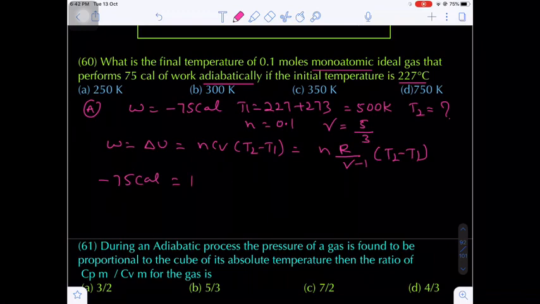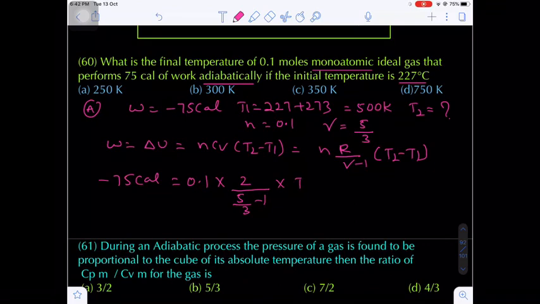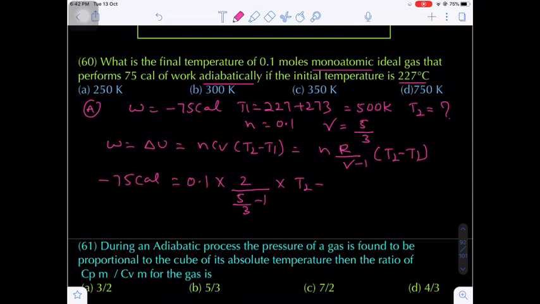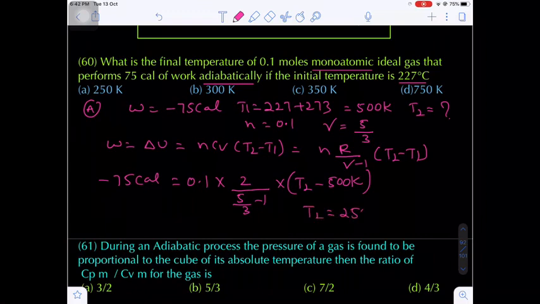Number of moles of ideal gas is given as 0.1, into R value in calories, 2, divided by gamma minus 1, nothing but 5 by 3 minus 1, into the final temperature to be calculated minus the initial temperature, 500 Kelvin. From this expression, if you simplify, the final temperature you will get is 250 Kelvin. Remember